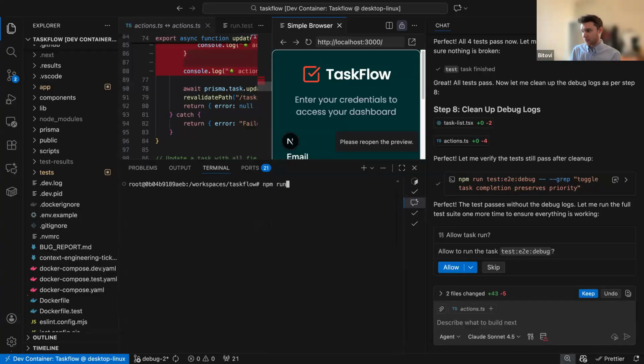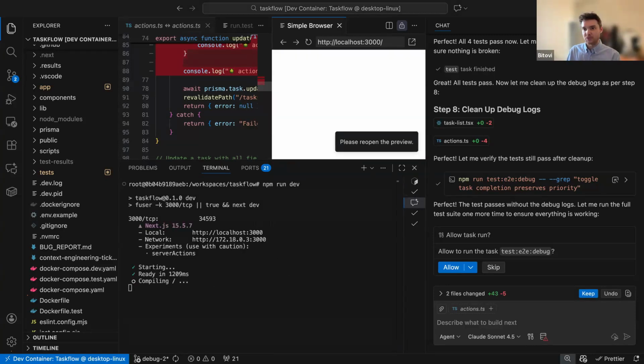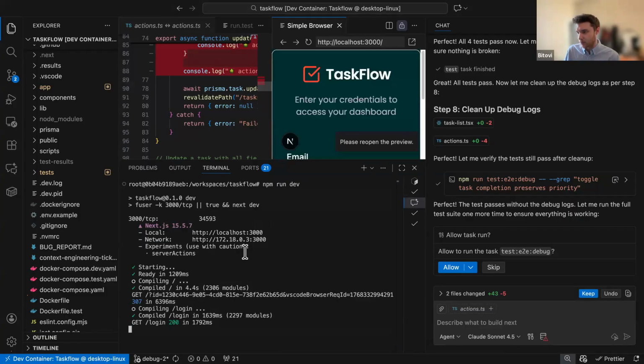So here I'm just going to run the server again, npm run dev, and then we'll make sure that everything's good. And then we'll move on to the last section, which is debugging the database. So we can probably get to that, and then we'll wrap up for the day. All right, so